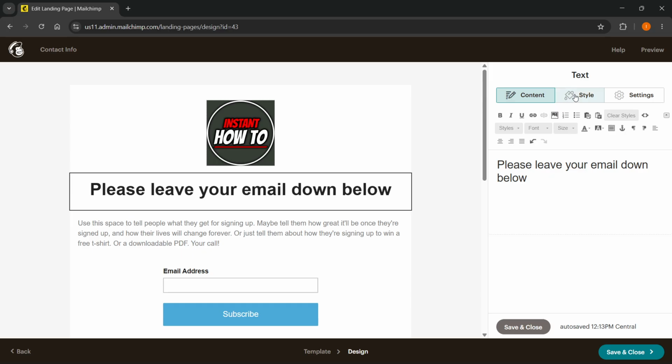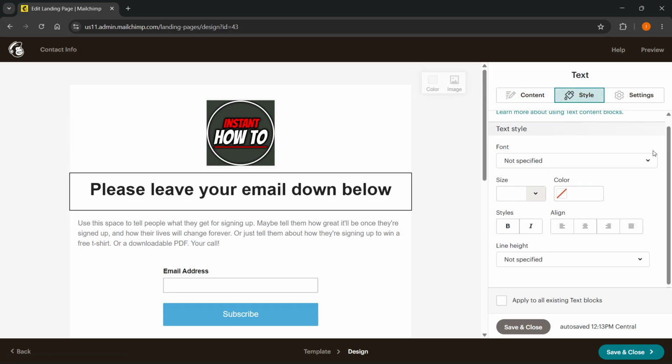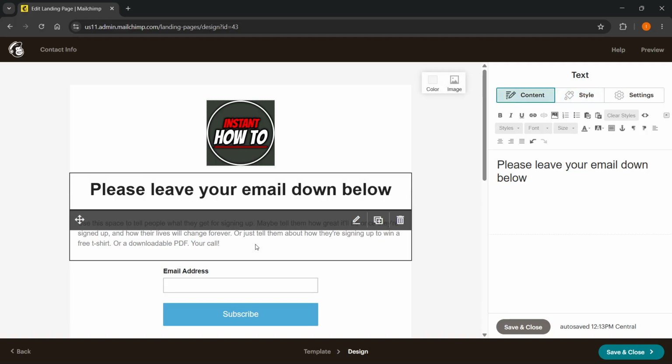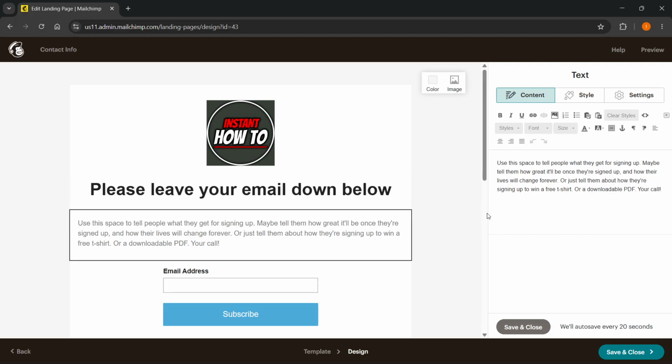Now, whenever you do this, again, you have the style option over here where you can change whatever you want. I'm just going to leave it like it is. Maybe let's actually just change the color over here. And of course, you can do that as well for the text style, etc. I'm going to leave it like it is. And then down here, you can see there's like this block where it's going to tell you exactly what to